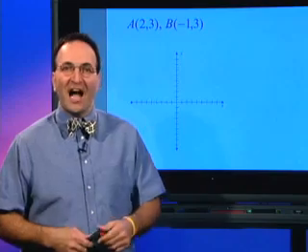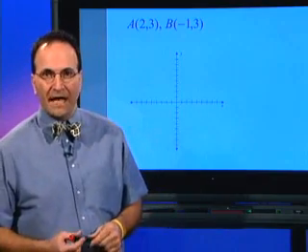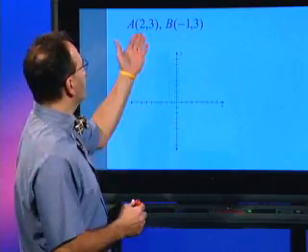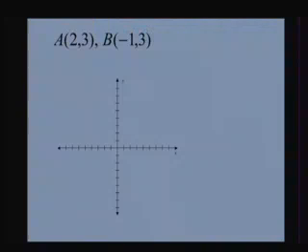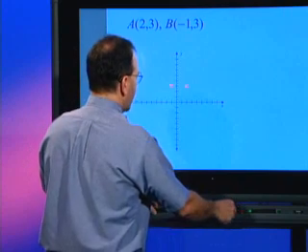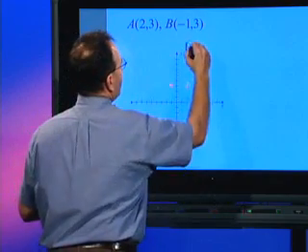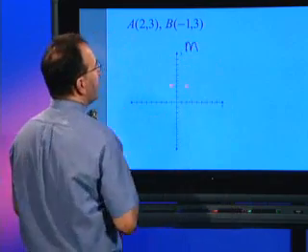Okay, let's take a look at our second example, which had the point A as 2 comma 3 and the point B as negative 1 comma 3. So the first thing to do is to plot those. So 2, 3 is right here, and negative 1, 3 would be right there. Next, we want to find our slope, and our slope, which we use the m for, is equal to